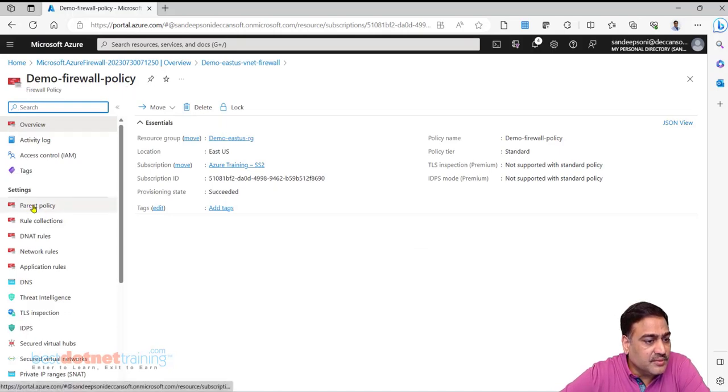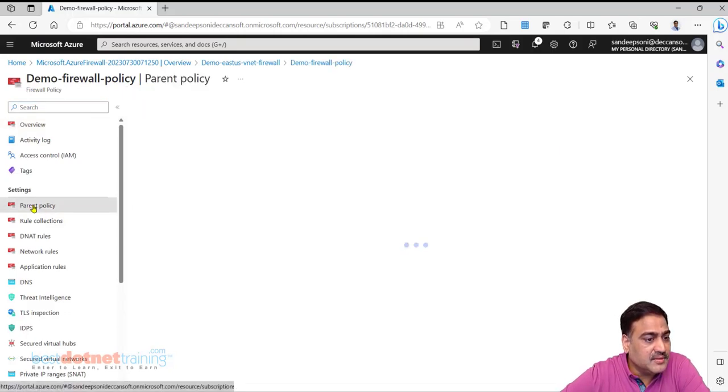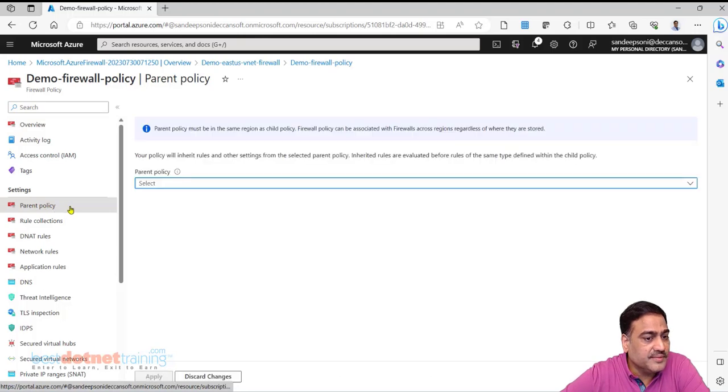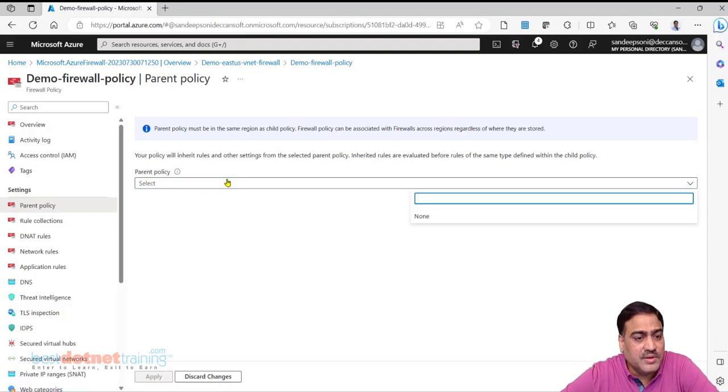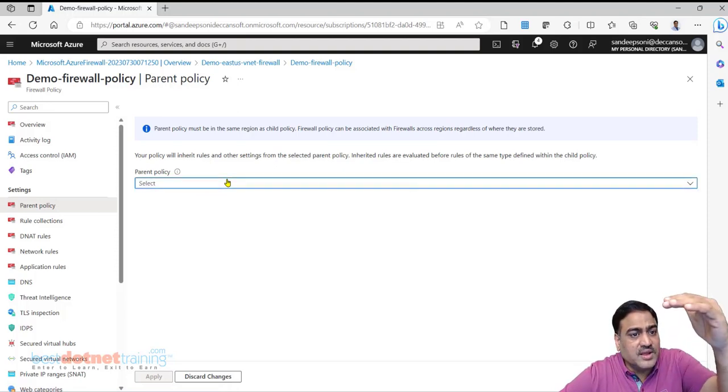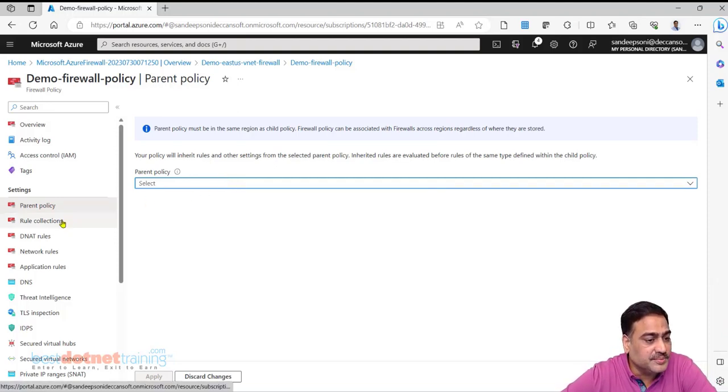And you can see here, we can have a parent policy. If this is a child policy, we can attach it to the parent policy. Every rule which is there in the parent policy automatically is inherited by the child policy. And you can see this is application rules, network rules, DNAT rules.